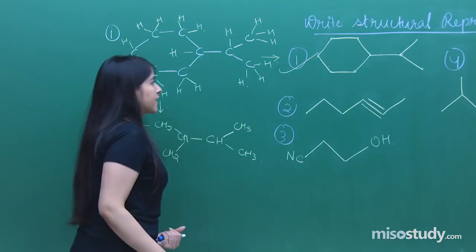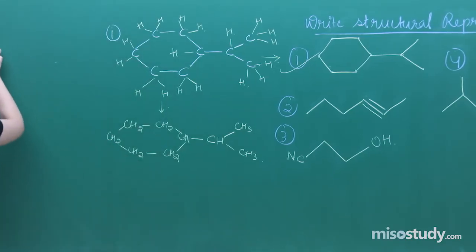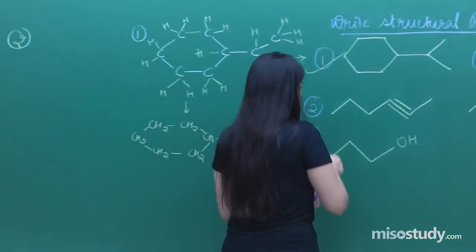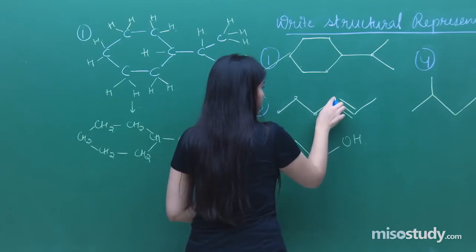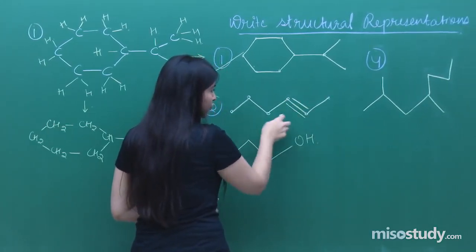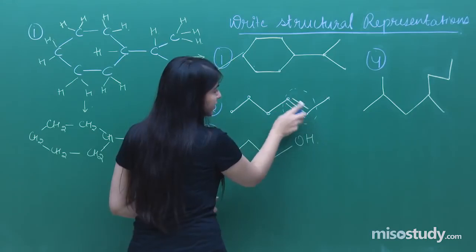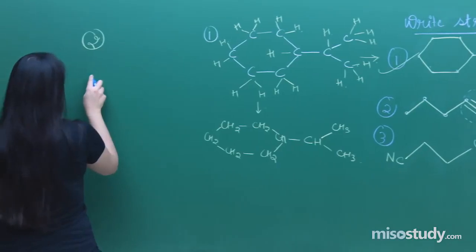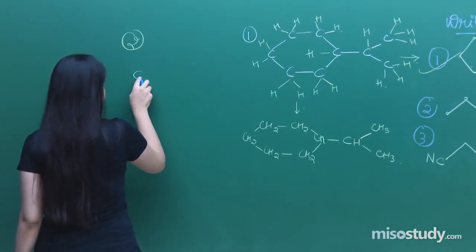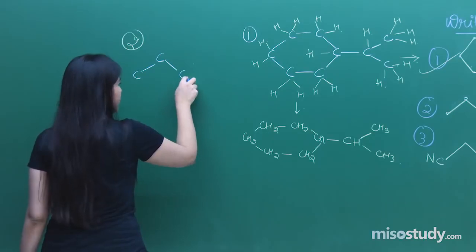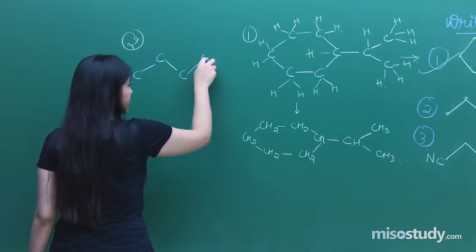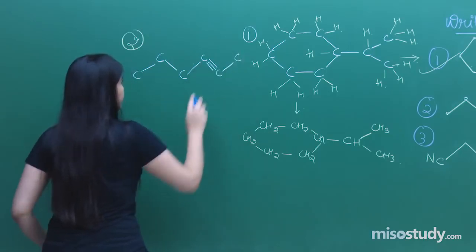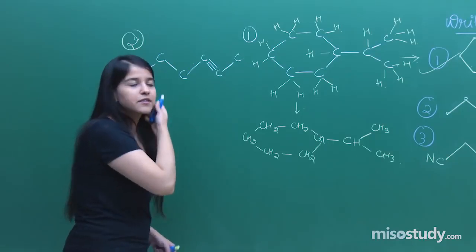What is the answer for the next? So the next here is, again, let us just discuss this first. So these corners again, what are these? The carbons, and if you look here very carefully, I have got a triple bond between these 2 carbon atoms. So I need to do that as well. So let us just have the answer over here. It would be carbon, carbon, carbon, carbon again, a triple bond and a carbon again. That is how you need to represent here.